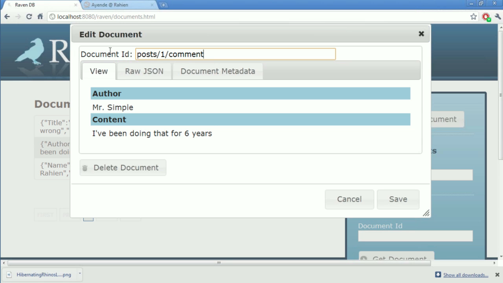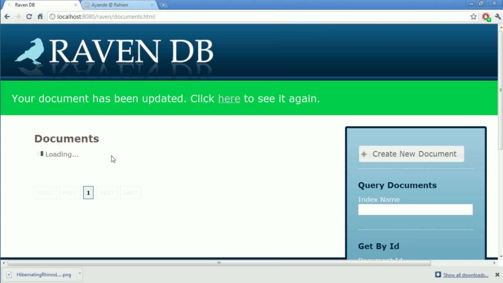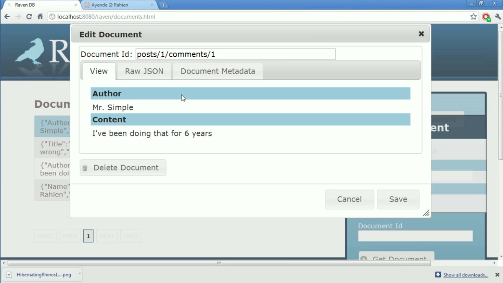Another option to design a document-based system would be to do something like this. I don't actually like this. /1/comment/1. Okay, so something like this.